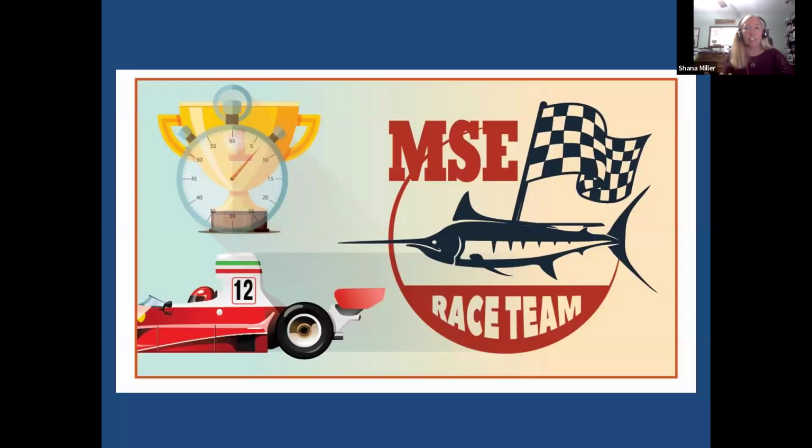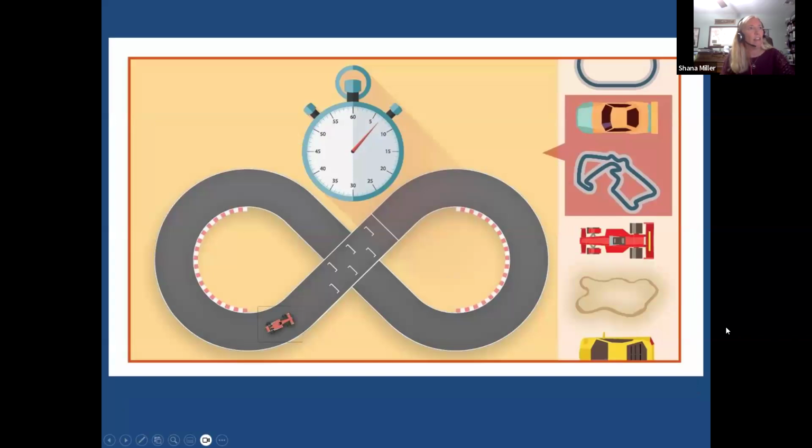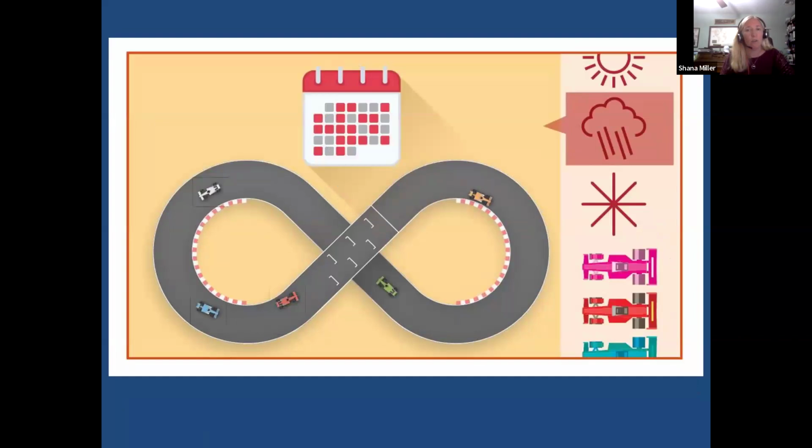So another analogy for how MSE works is to think about designing a race car. Say that we want to design a race car that will perform well and win races on different kinds of tracks, different shapes of tracks, different surfaces, whatever we may be faced with on race day. We want to make sure that our car will do well no matter what the weather is. What if it's raining? What if it's snowing? These are all uncertainties that we have.